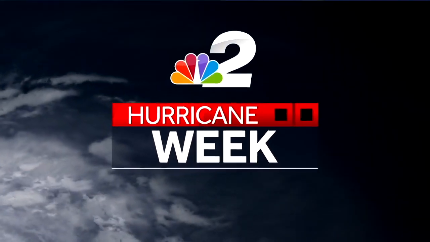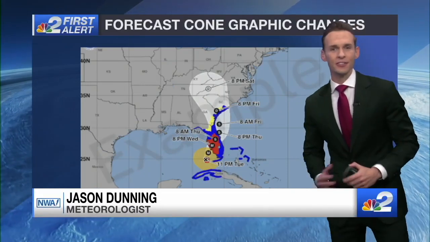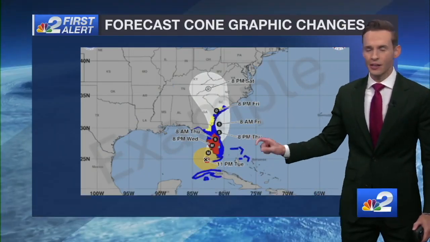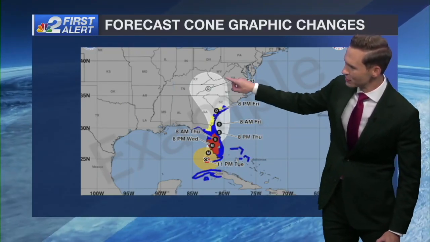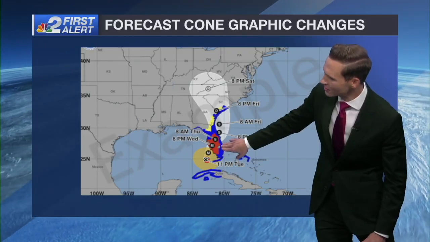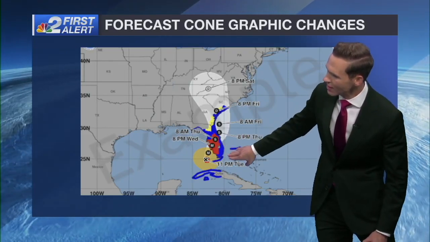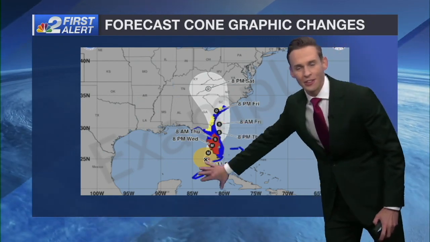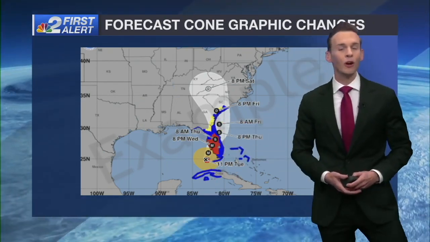Yes, the forecast cone is going to look a lot more colorful. Here's an example of the forecast cone graphic. This is what Hurricane Ian would have looked like. And you can see there's actually less emphasis on the cone, more on the watches and warnings. You can see the areas here in red. Those are hurricane warnings, and then hurricane watches and tropical storm warnings. So you're going to notice a lot more colors popping up to show where the impacts are going to be, not necessarily where the center of the storm is going to move. Let's talk about the